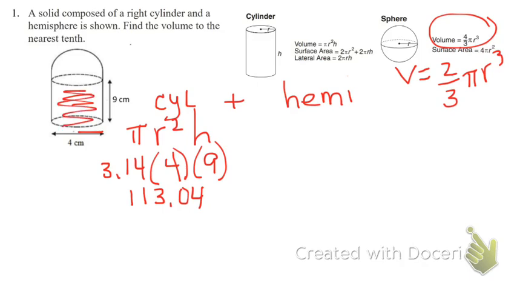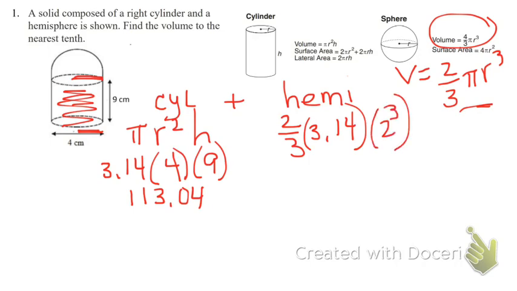Okay? All right, now the hemisphere. That one's going to be 2/3 pi r cubed. So 3.14 times r. Well, the radius of the hemisphere is the same as the radius of the cylinder since it's sitting right on top of it. So that's still 2, and we got to cube it. 2 cubed would be 8, and I'm going to multiply the 8 times 3.14 times 2 divide by 3. And I get approximately